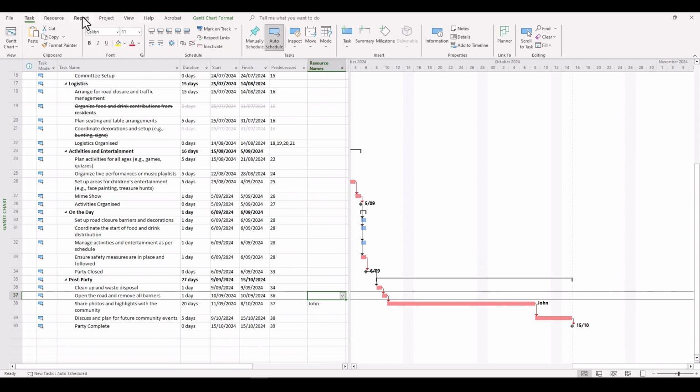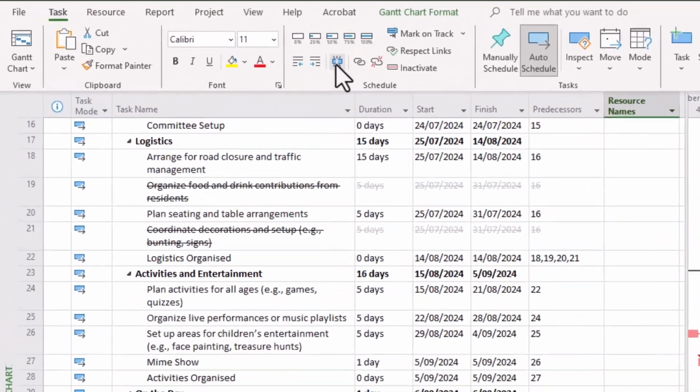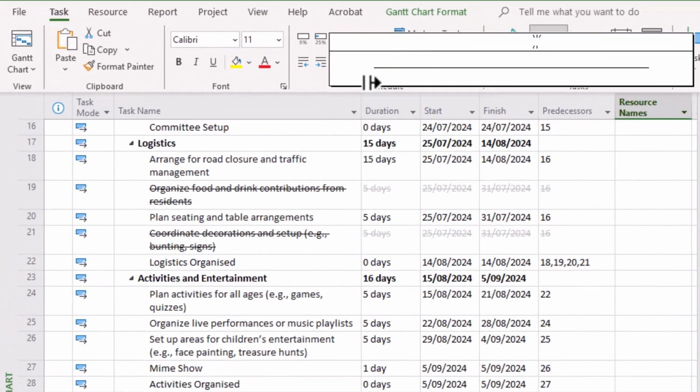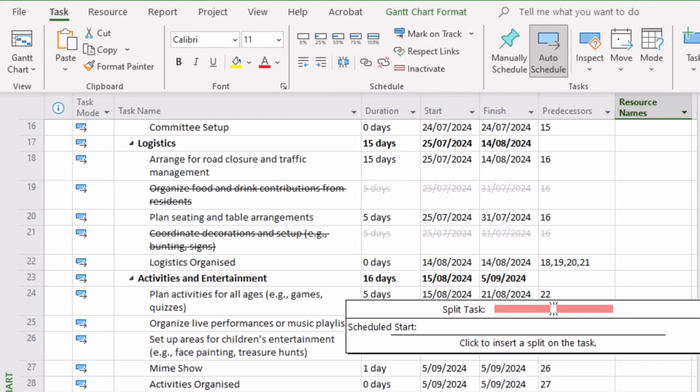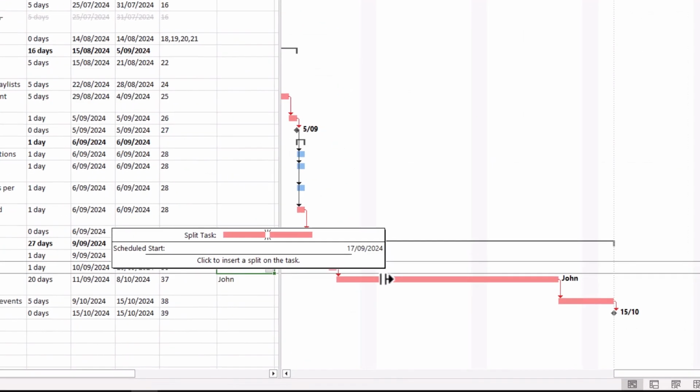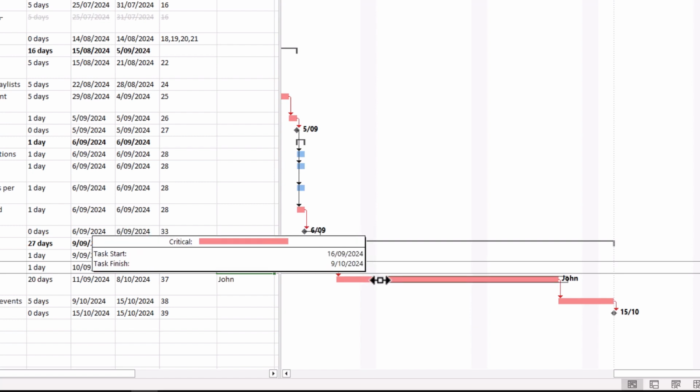Firstly, go to your task ribbon and then select split task. You'll notice your cursor changes and a box comes up here highlighting where you want to schedule this start split. So we might highlight the scheduled start as the 15th of September. Now click your mouse and hold it down and then move to when you want to renew or reintroduce the task.